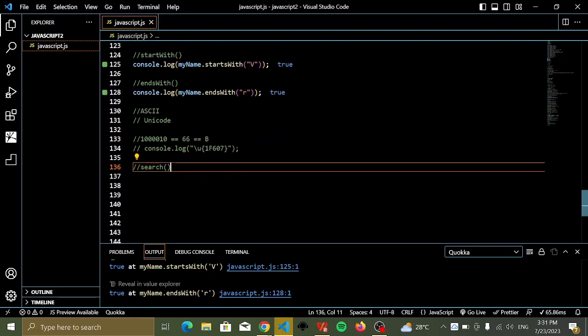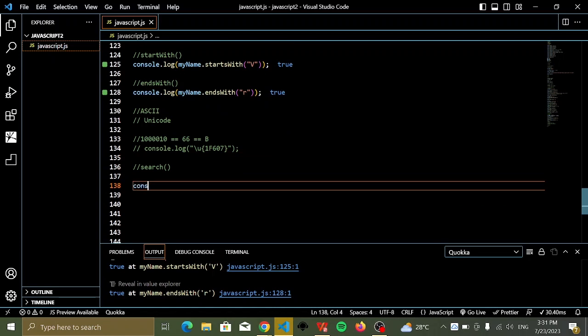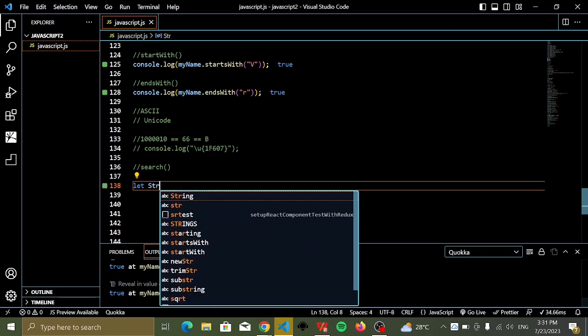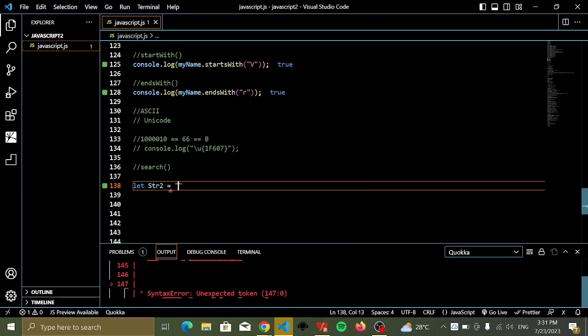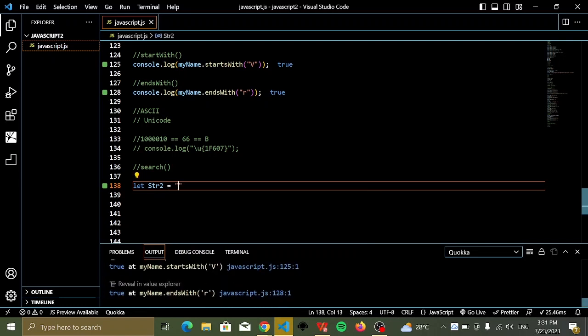And it returns the index of that argument. Remember, okay, let me use a new data here. Just create a new let string 2 equal to, let's say